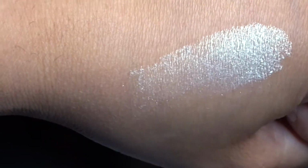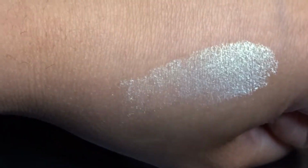And the last 3 things I got were still from, let's stick with Topshop. I got a mermaid eyeshadow in the shade Martian, and it's like a beautiful mint green. So it looks like this. It looks almost white in the camera, but it's a beautiful minty glittery green, so I thought I'd try that